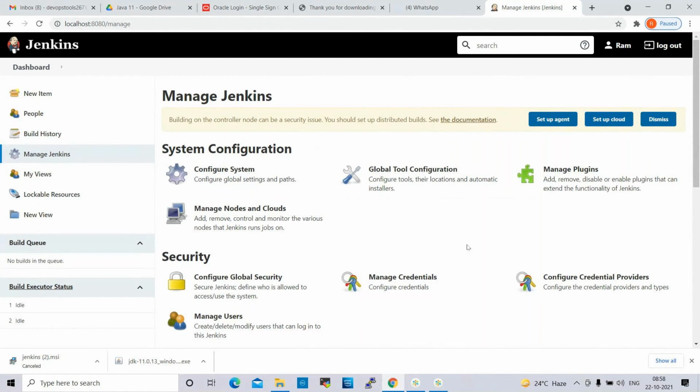You can create pipeline jobs, types of jobs. After that, Maven also we can integrate with Jenkins. How to integrate Maven. All these things we can work on one by one. It will take 4 to 5 sessions. So everyone should set up this so that we can work on all the activities one by one.